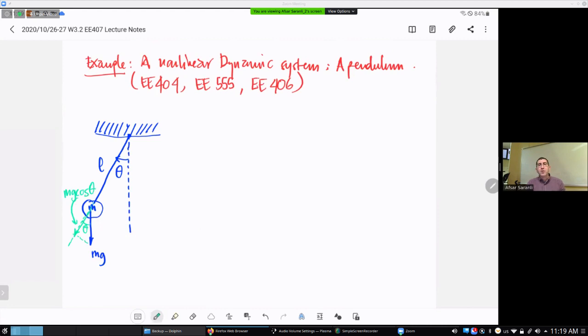This component of the gravitational force does not work because there is no motion along length L. But the other component, which is mg sine theta, will actually be moving this mass along this circular trajectory. So in this example, I want to use Newton's second law,